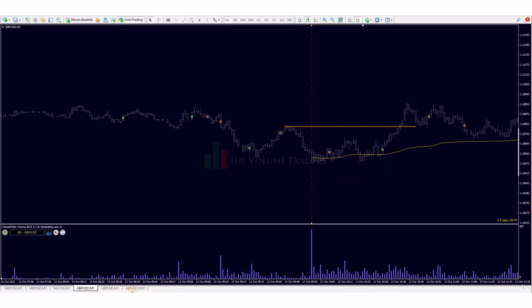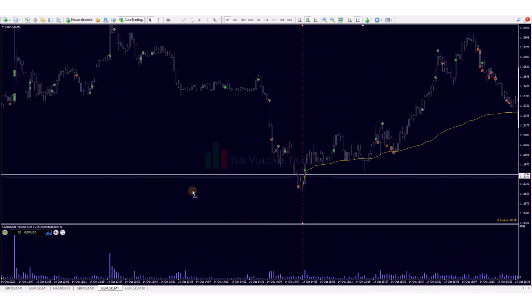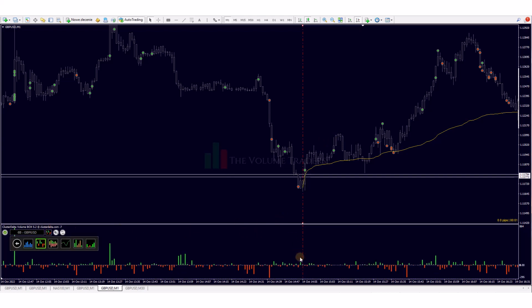Let's go forward for another setup. This is from yesterday, from Friday. You can also see here a beautiful creation of support and then a liquidity grab, and price broke that supply and made a new high. I want to check the delta here: that last candle was negative delta, but price didn't go down, left the imbalance at the bottom and created a new high. So who is stronger? Yes, that was the typical liquidity grab from our strategy.